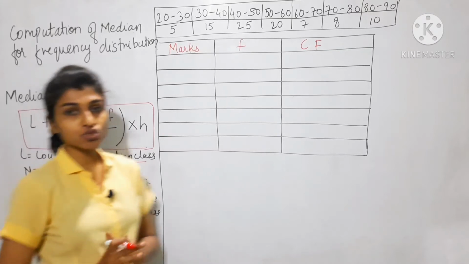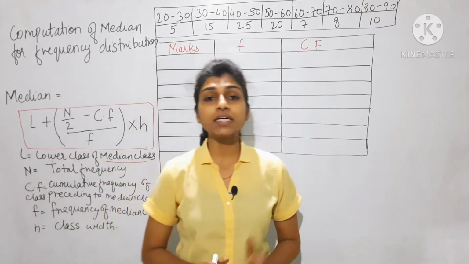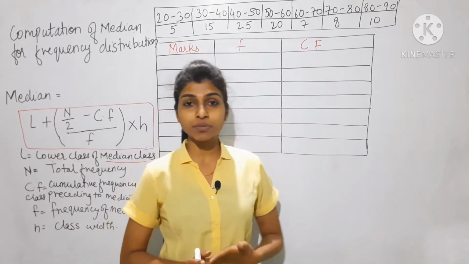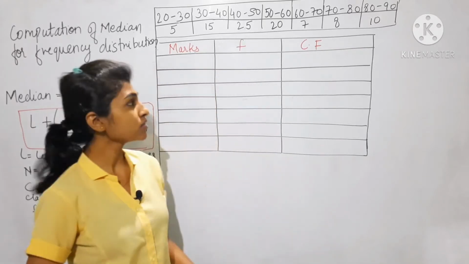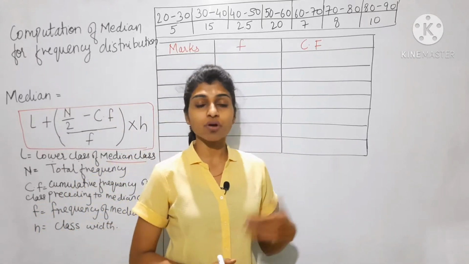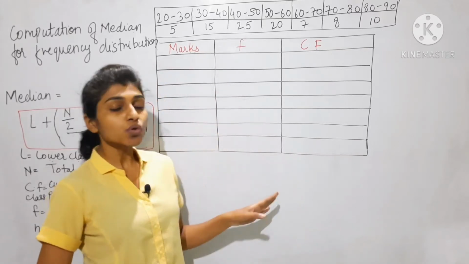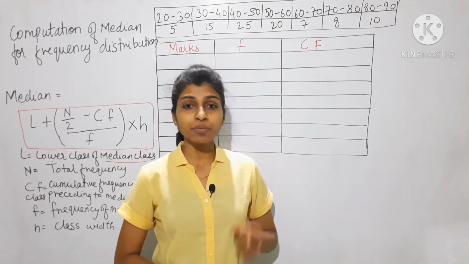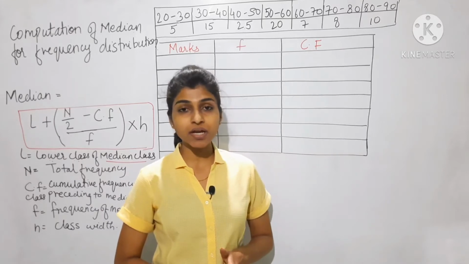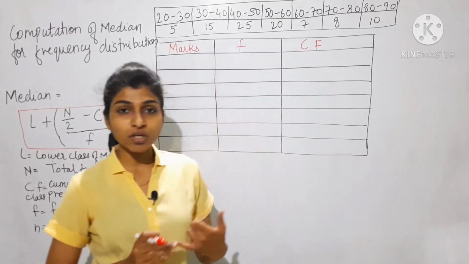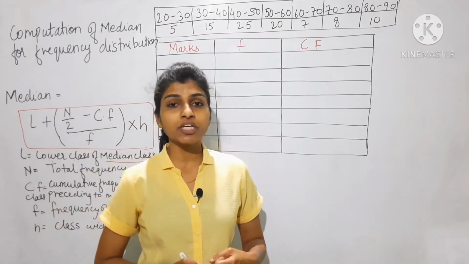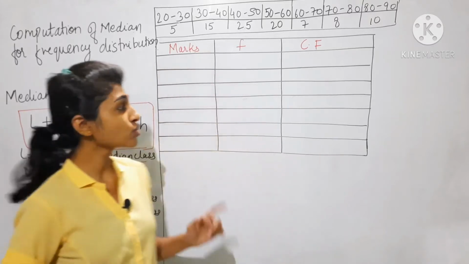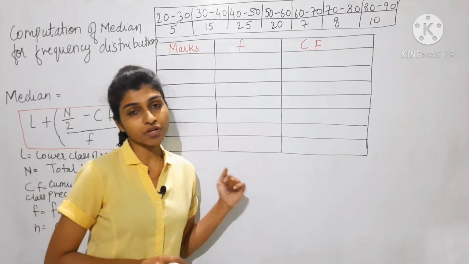In the frequency distribution, first of all you need to find the median class. Just remember, whenever there is a question in the exam, or in an example, if you want to calculate the median for a frequency distribution, the first thing you need to calculate is the median class. Once you find the median class, you will get the lower limit, the frequency of the median class and the cumulative frequency. So the median class is important to find the median for a frequency distribution.